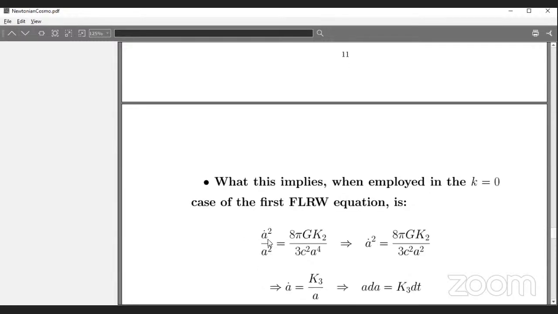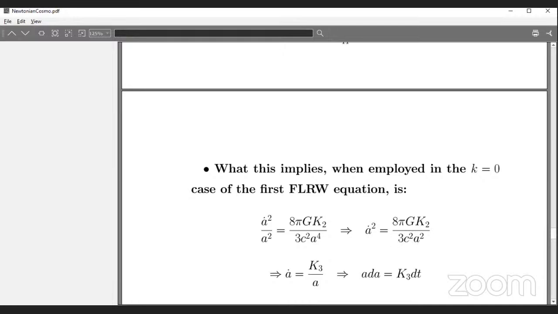For k equal to 0, the first FLRW equation will say a dot square by a square is 8 pi G by 3 into the energy density, which is going as 1 over a4. So a dot square is proportional to 1 over a square, which means taking the square root, we get a dot proportional to 1 over a, which is simply a dA by dt